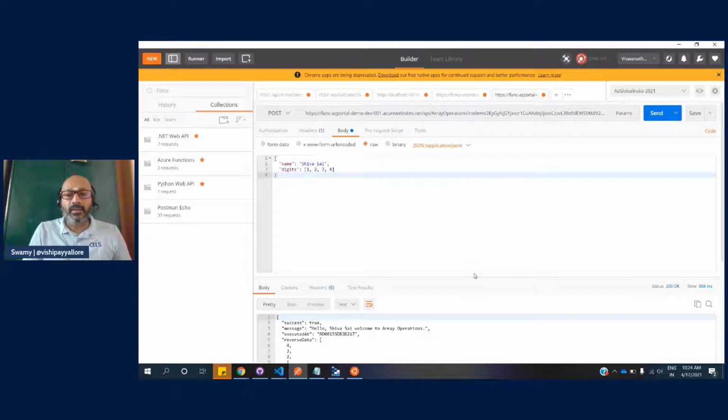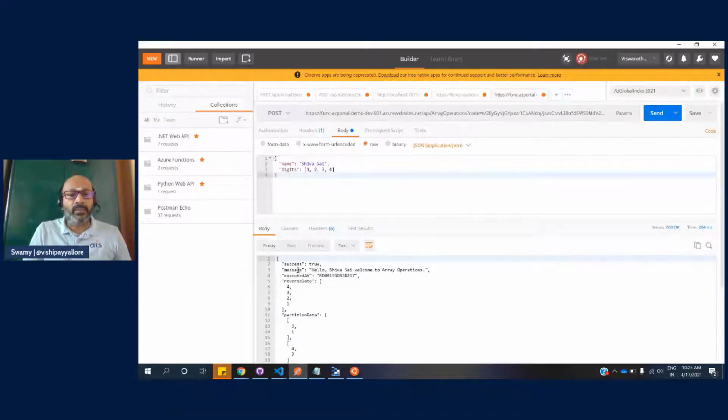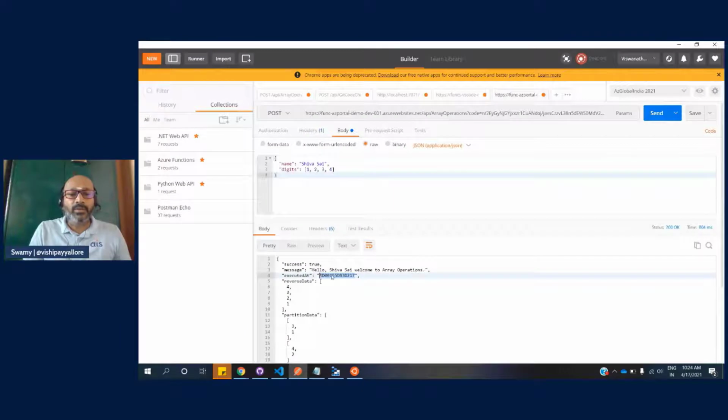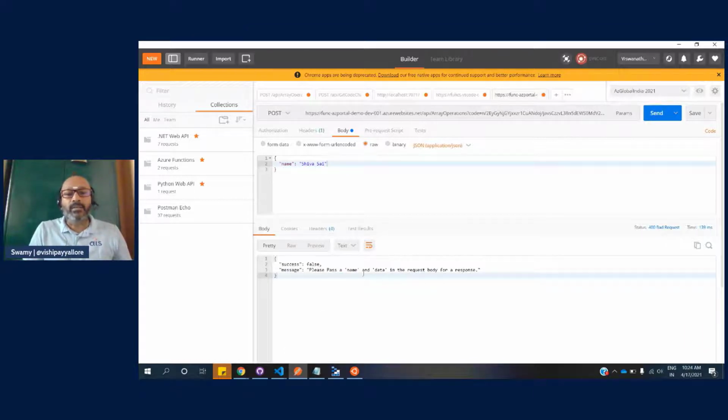So you can see all the things we are getting in the message, and this is the machine on which the Azure function gets executed, because I'm pulling it from the process env computer name. So it shows that, and it did the reverse. And if I don't send any of these parameters, it asks me to send the parameter, and it is returning